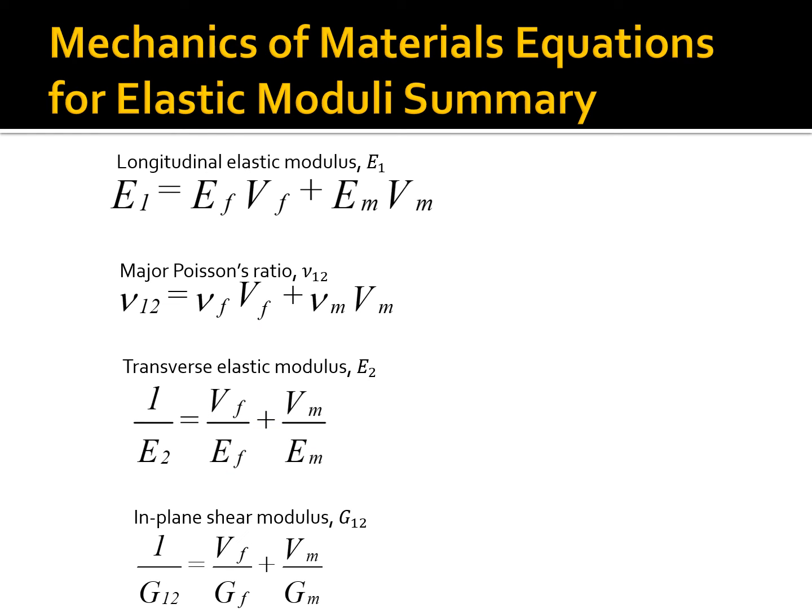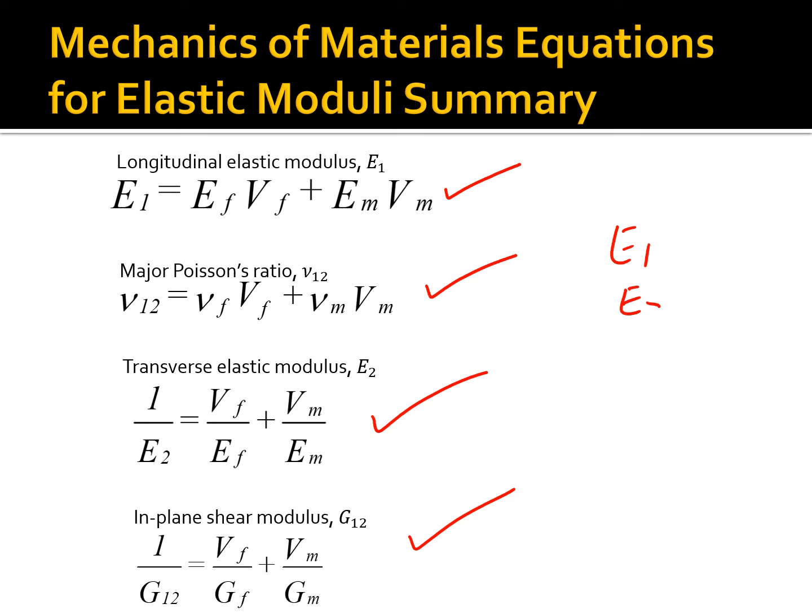So let's look at the summary of the mechanics of materials equations for elastic moduli of a unidirectional composite material. We get the rule of mixtures for the elastic modulus E1, we get the rule of mixtures for the major Poisson's ratio, then for the transverse Young's modulus E2 and the in-plane shear modulus G12, we get the inverse rule of mixtures. So the formulas are pretty simple, and we should be able to use them in order to calculate our